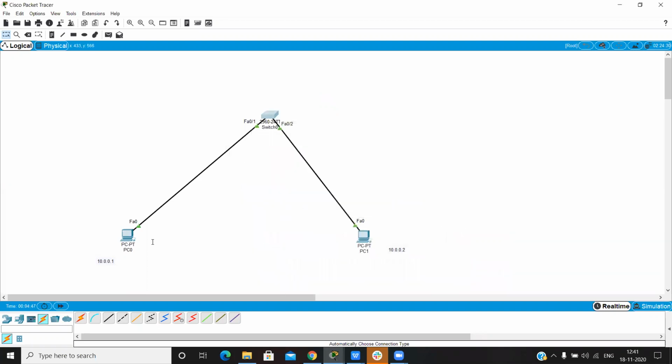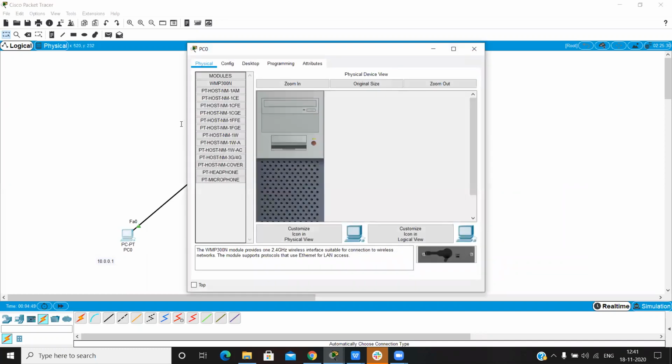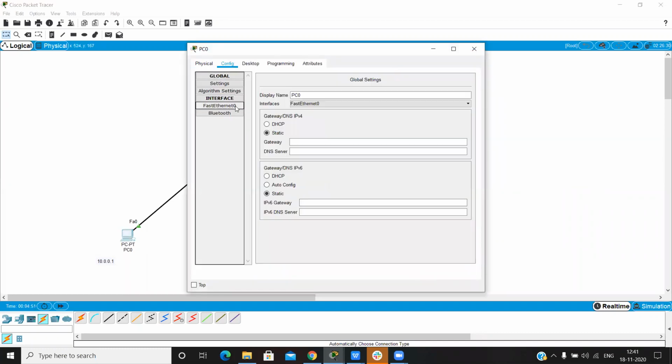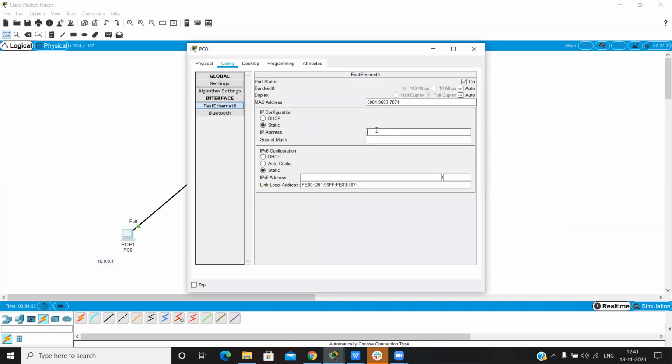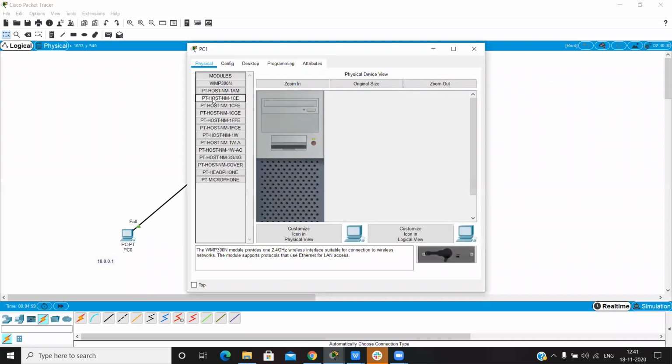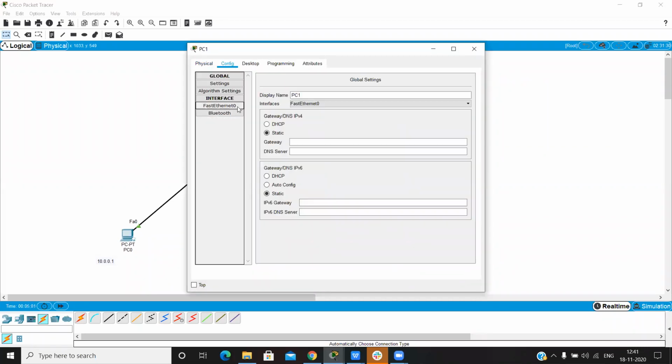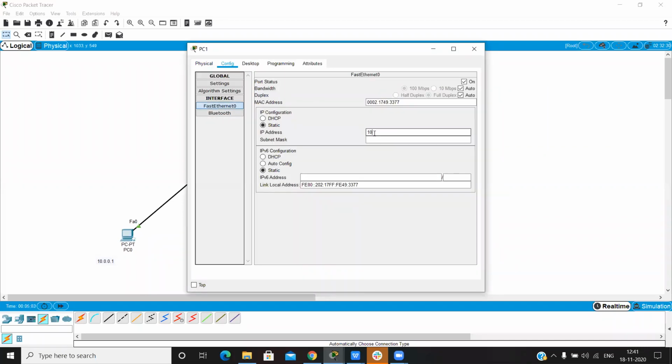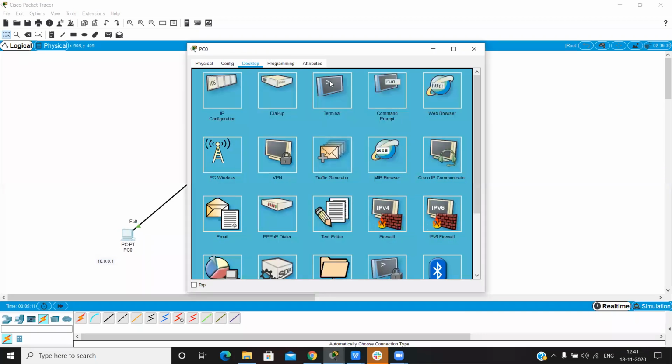Firstly, configure the IP addresses on both PCs. Here 10.0.0.1 and here 10.0.0.2. And now we can ping from PC0 to PC1.